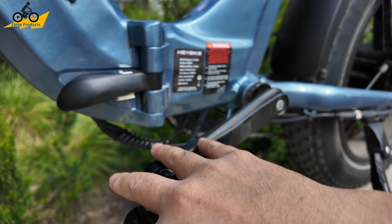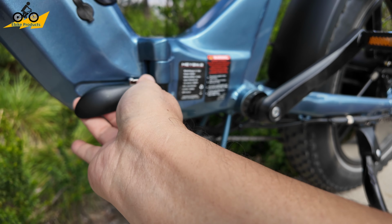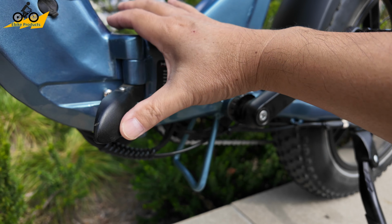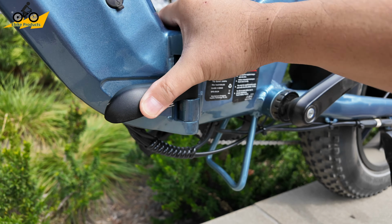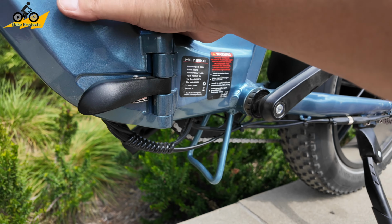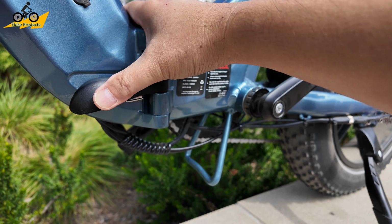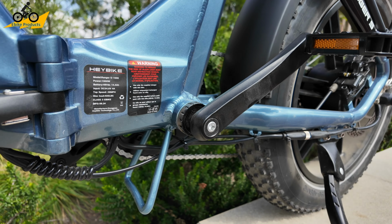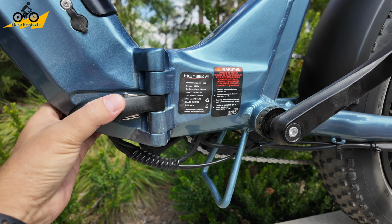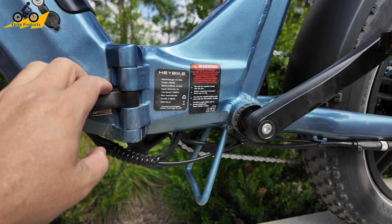So this little lever here, in fact, let me get this out of the way, push this up, open it up, and then the latch moves. And internally, there's this locking mechanism that moves within the frame. An extra added beefiness I have not seen in any other e-bike yet. And they may be out there, but I've been exposed to a lot of different foldable frames. This has got to be one of the best folding mechanisms I've seen as far as safety in an